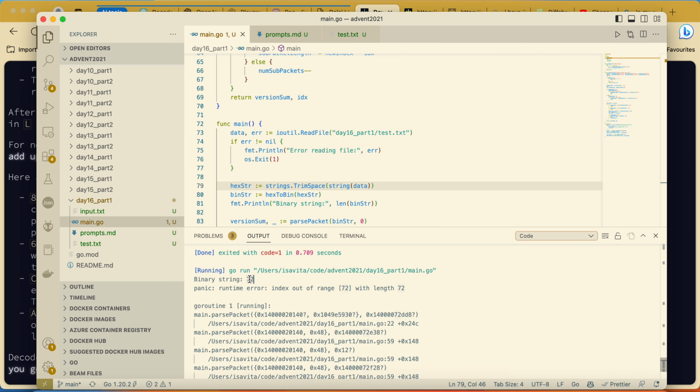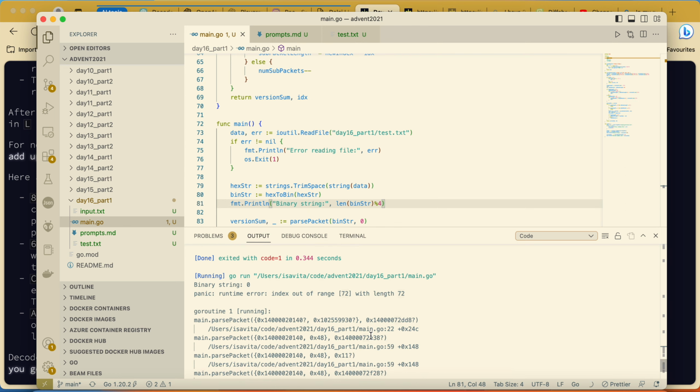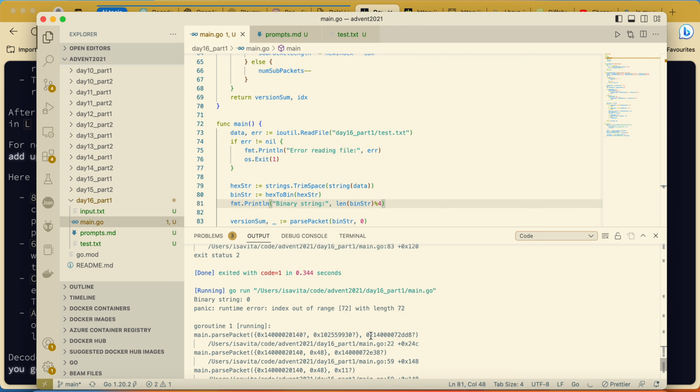If we try to divide by 4, we'll see that there is a remainder. Is there?